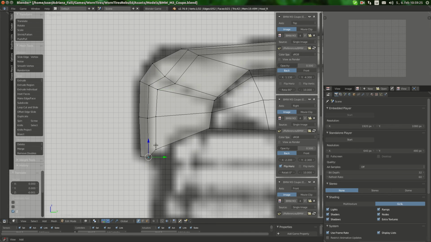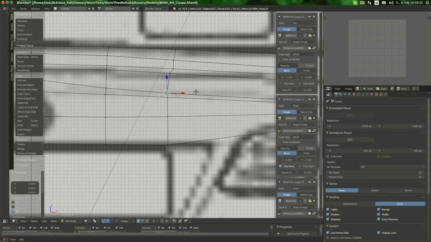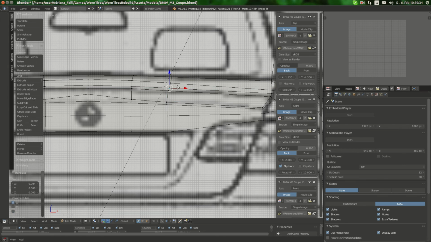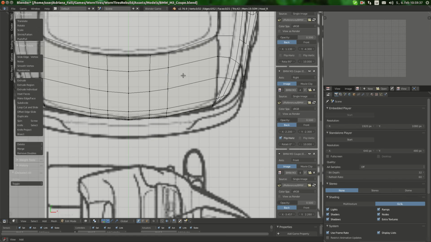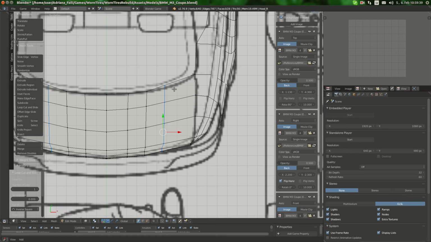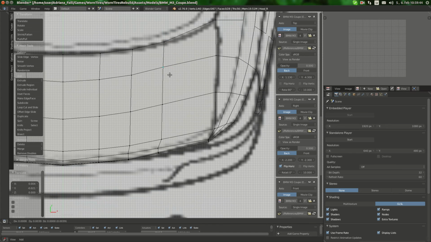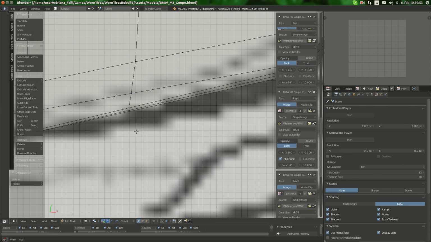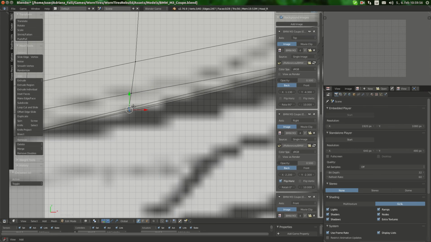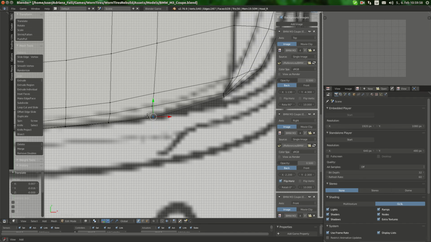And once you get your fine results in all views, you can go on and add the next loop cut. And soon we'll have our hood ready, which doesn't seem to be that hard to make actually. Okay, move those vertices around here,